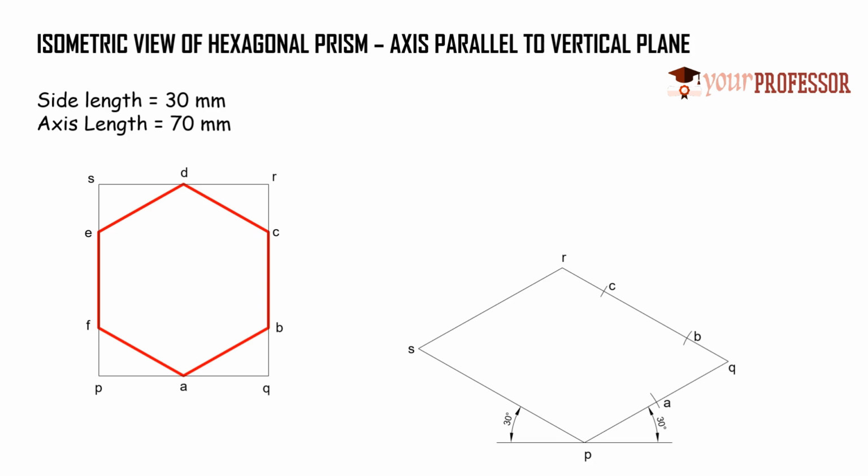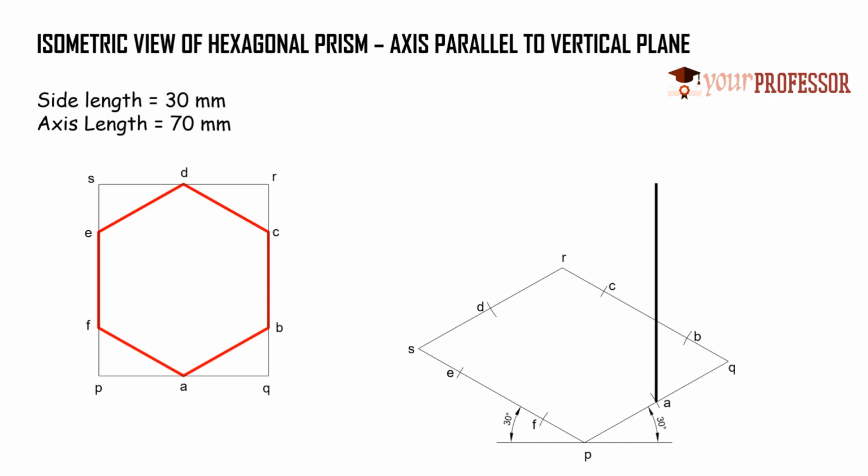Consider the distance between R and D with the help of a compass. Now with R as center, drop one arc, that will be point D. Similarly, represent the points E and F. Consider the distance between P and E with the help of a compass, drop one arc, and measure the distance between P and F. With P as center, drop one arc, that will be point F. So we did represent all the points of the hexagon on the considered rectangle, right?